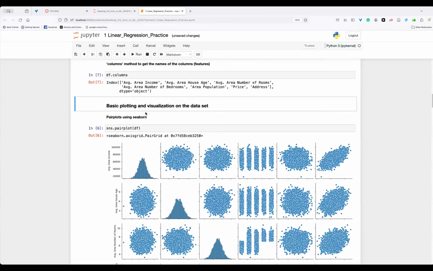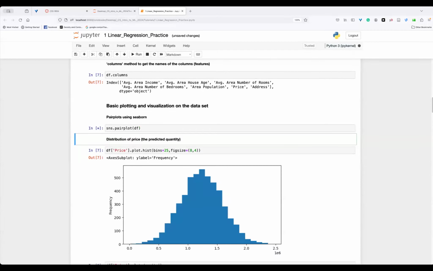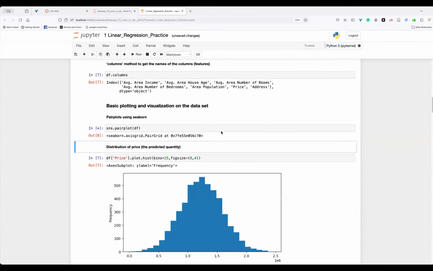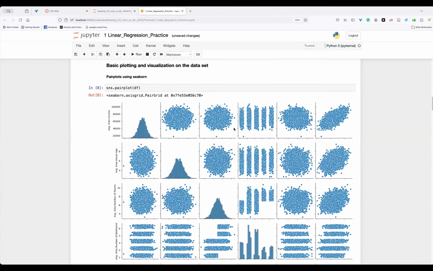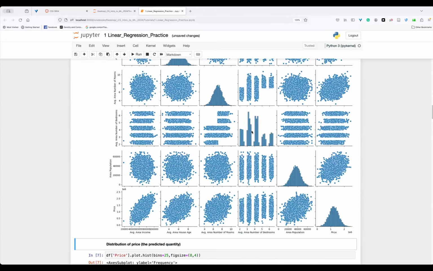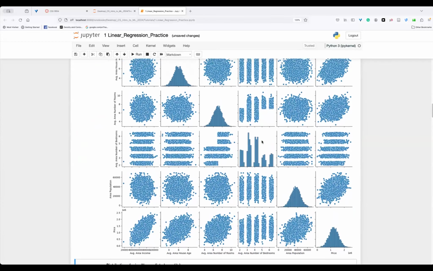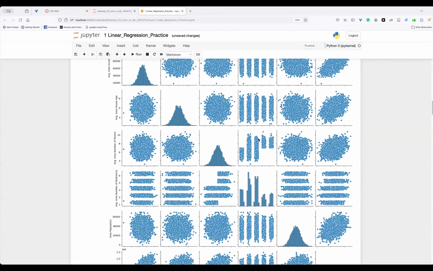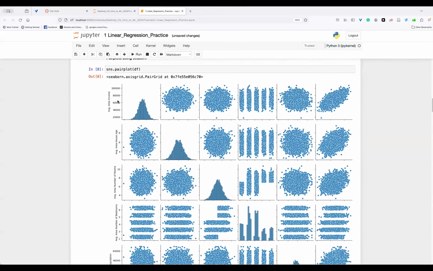And using Seaborn, if we just do a Seaborn pairplot of the data frame, it will do exactly what was on my screen, but now I just reran it. So we get the correlation matrix of all numerical fields with each other. Average area income with itself is a very nice